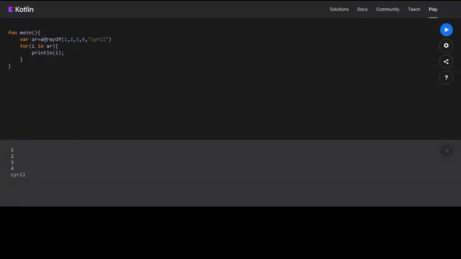So in this case, whenever you are not defining any type for the array, Kotlin will take any type of variables. Like here, we are not defining any type for the variable, so it will take any type. If you put a string here or an integer here, it won't give you an error. But what if I define a type?